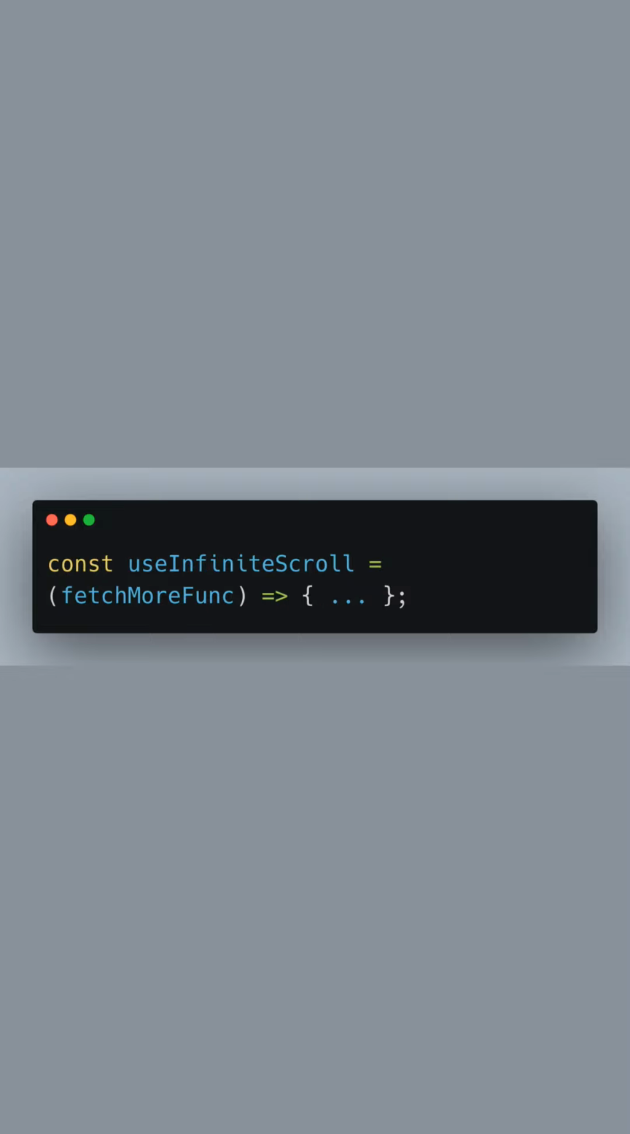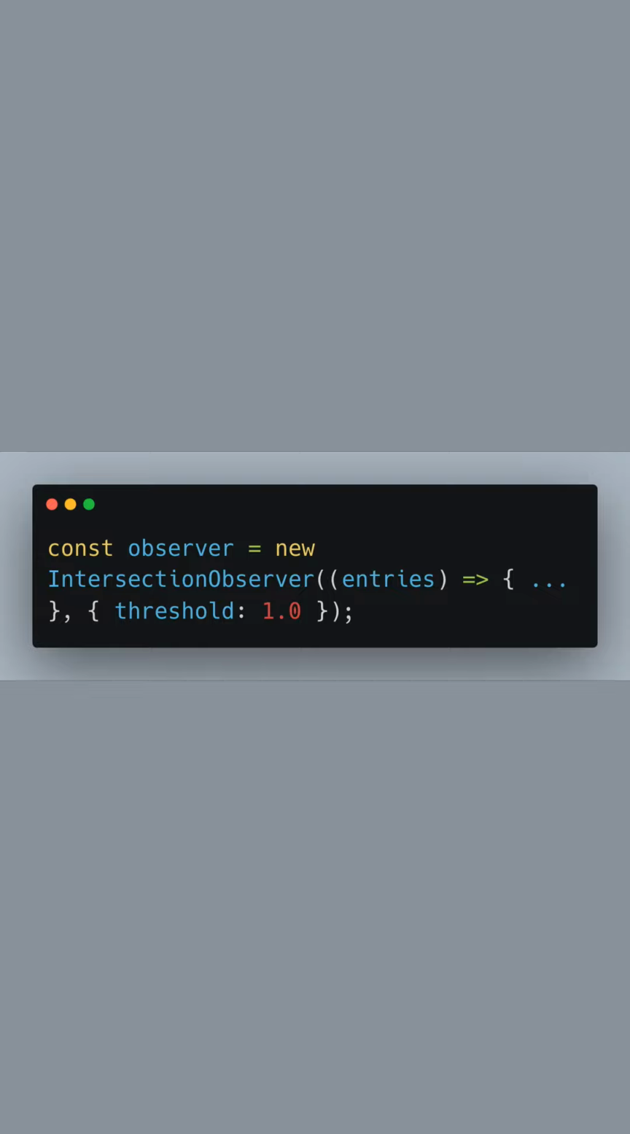We define a custom hook called useInfiniteScroll, which accepts fetchMoreFunc, a function responsible for fetching additional items. Inside, we create an observer ref using useRef to keep track of the DOM element that will trigger the loading of more items. We create a new IntersectionObserver instance that will call a callback function whenever the observed element intersects the viewport. The threshold is set to 1.0, meaning the fetchMoreFunc will be invoked only when the element is fully